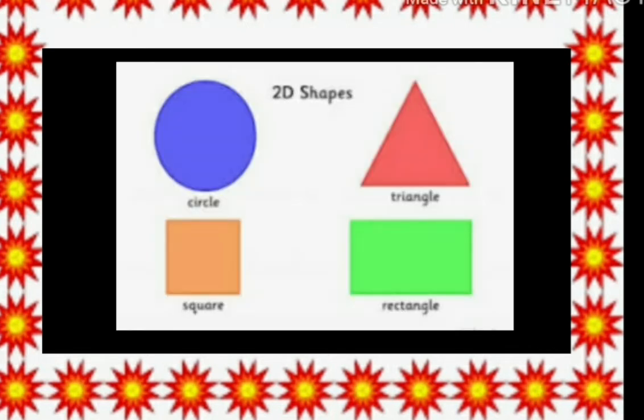Also, vocabulary words like side, corner, line, etc. can be introduced. And we as parents and teachers should discuss with children the characteristics of each shape, including how many sides it has, how many corners, whether all the sides are straight or curved, whether all the sides are the same or not. So the first activity that we have discussed in detail is shape sorting, that is matching the same shape with different yet colorful and stimulating material.